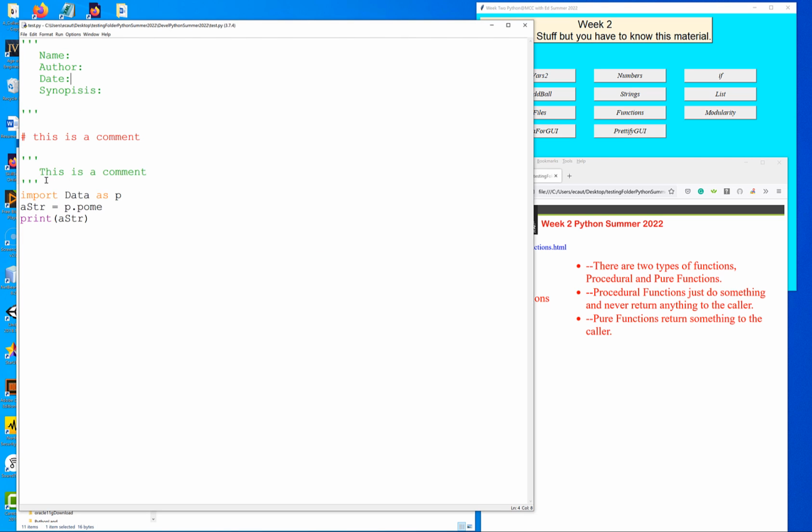The idea of this function is that it is a procedural function. Functions come after your imports most of the time. It's not a rule. It's just a style. Dump it. Write it. And then we'll say the string. This is called a parameter. And what we're going to do is write out